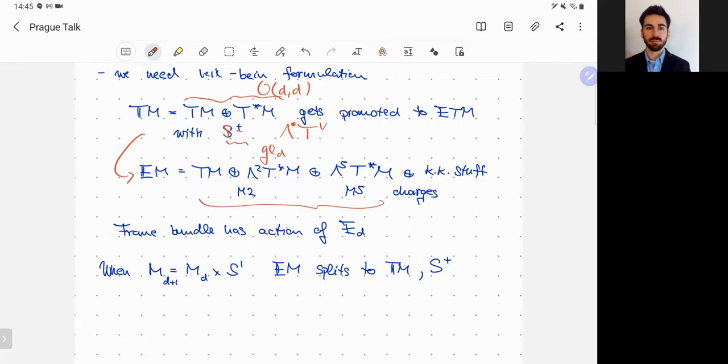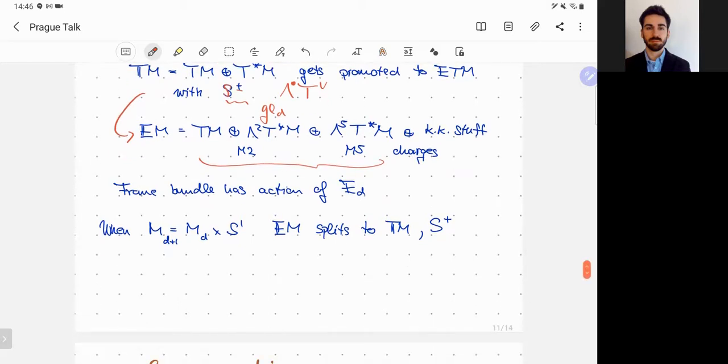There could be extra bits actually, I'm not saying all the stuff which are coming from the charges of NS5 branes. Right. But all of these, TM, T star M, those NS5, S plus, S minus, they recombine into this. So what I mean by recombine is that if I reduce this huge exceptional tangent bundle on S1, I'll be getting, just to give you a flavor of it,